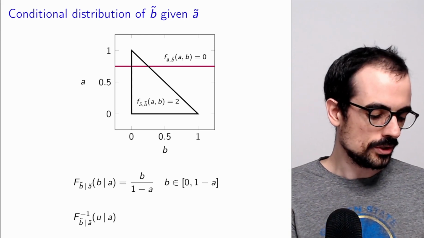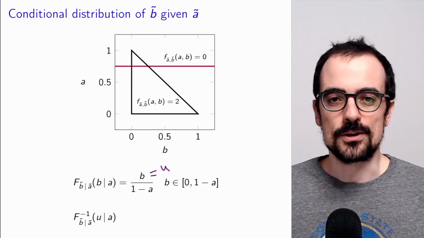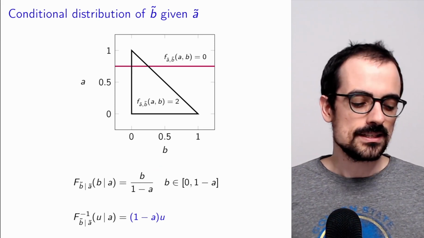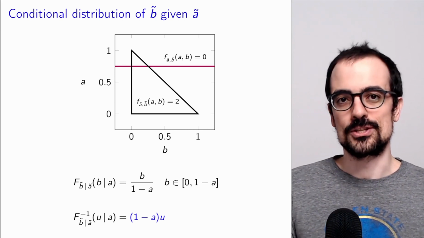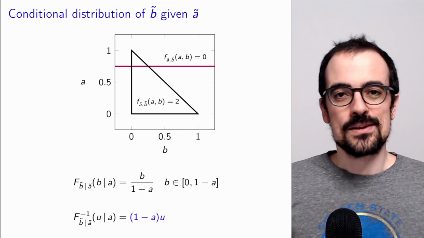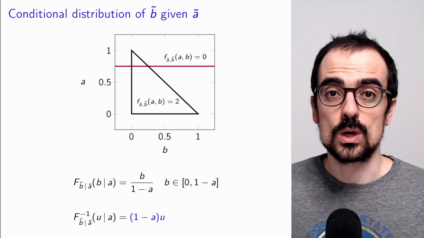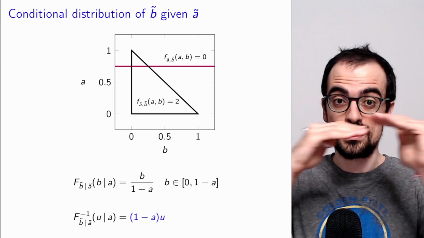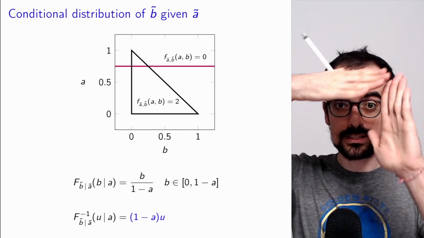We set it equal to U. So this is super easy, right? The inverse is equal to (1 minus A) times U. That is the B such that if we plug it in, gives us U. Very, very different to what we had before because the conditional is constant, whereas the marginal is actually this triangle,